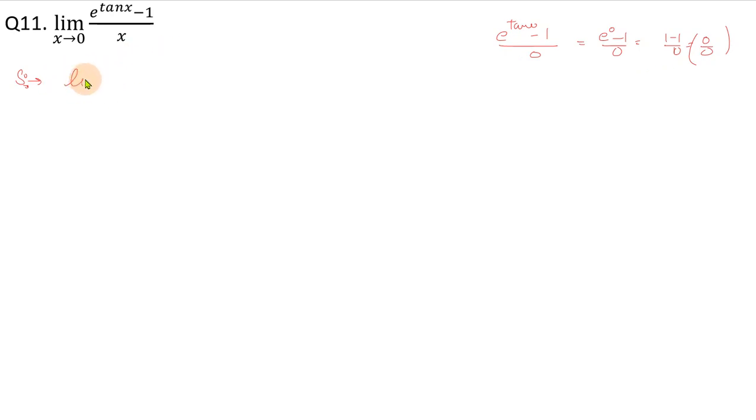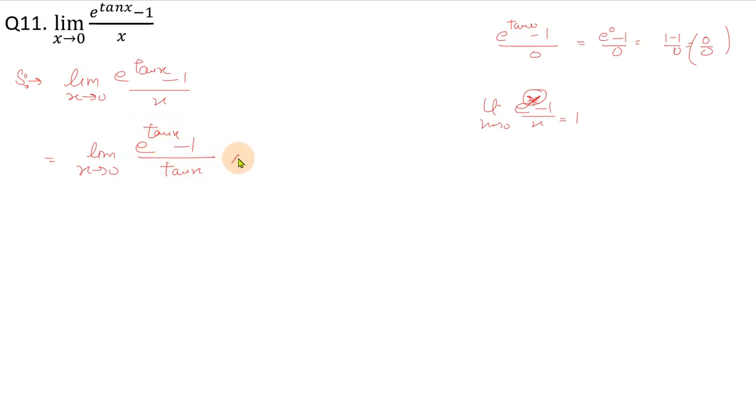So we have to manipulate this question, e power tan x minus 1 upon x. To apply the formula e power x minus 1 upon x, as limit x approaches to 0, this is 1, we should have the same factor in the denominator as in the power of e. So we multiply and divide by tangent x. e power tan x minus 1, here I am going to divide by tan x and multiply by tan x, and x in the denominator is adjusted with the second term where we multiply by tan x, and separating the limits, limit x approaches to 0.